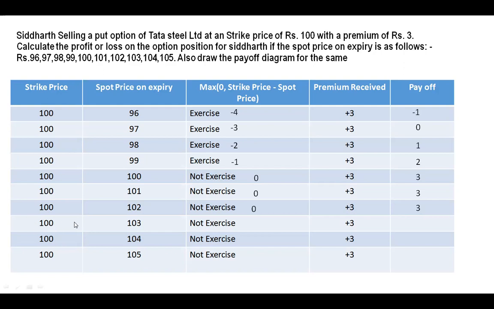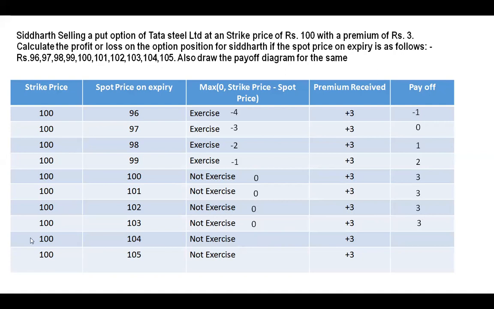So if he is cancelling the deal which he entered into the contract, he paid 3 rupees to Siddharth. Siddharth received the premium and he is not exercising. If the put buyer is not selling at 100, then you have to write not exercise, 0 plus 3. This is the premium received upfront. So 3 rupees is the net